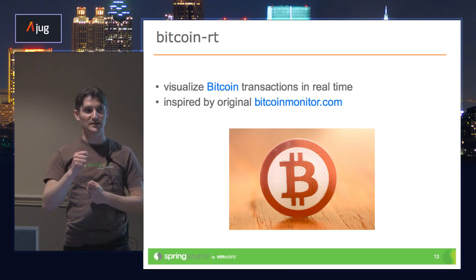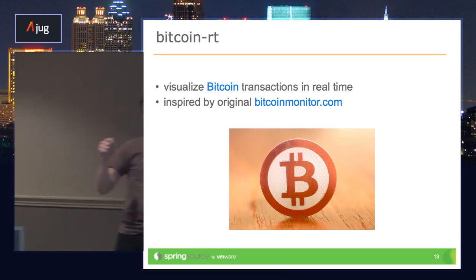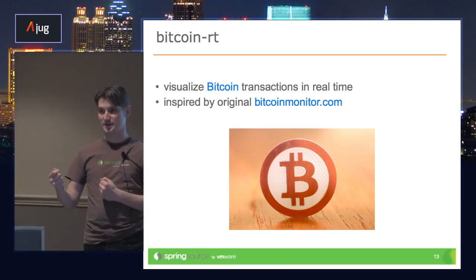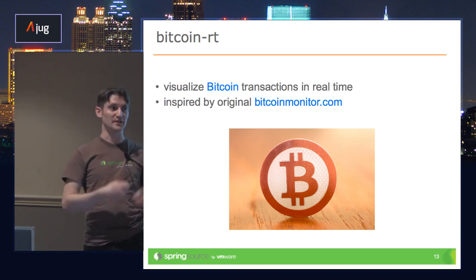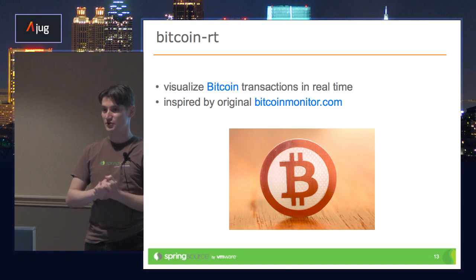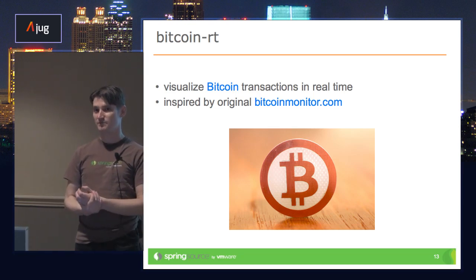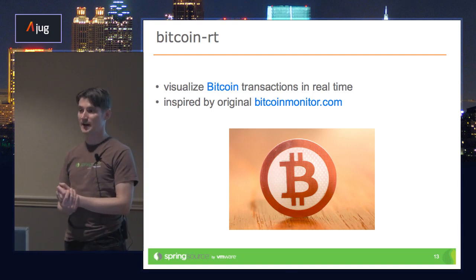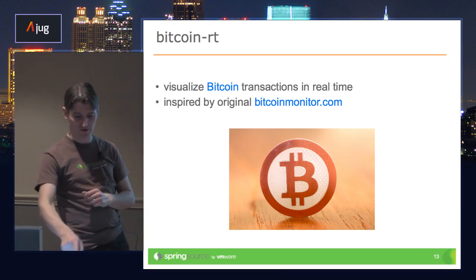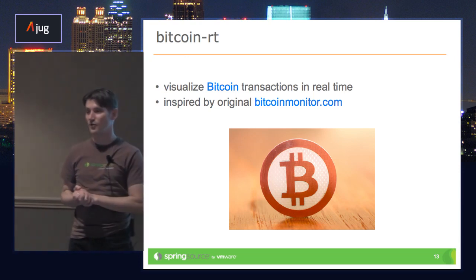Who in this room does not know what Bitcoin is? Cool. Basically, Bitcoin is digital money. It's peer-to-peer generated money transactions. Everything is in the open, and you can pay with it. It's almost like virtual money on the internet, and pretty much no banks are involved, in a pure peer-to-peer fashion.